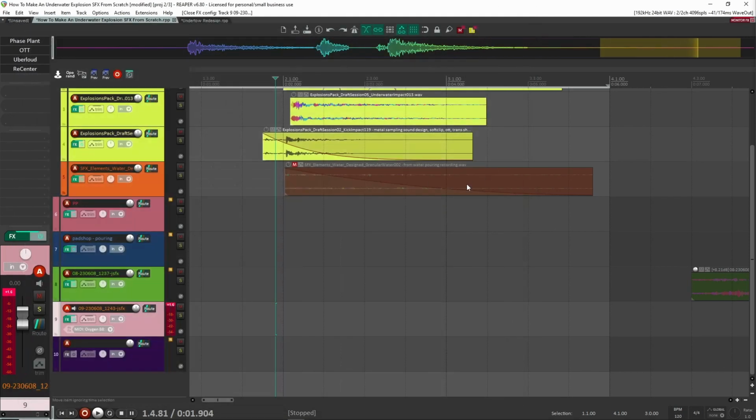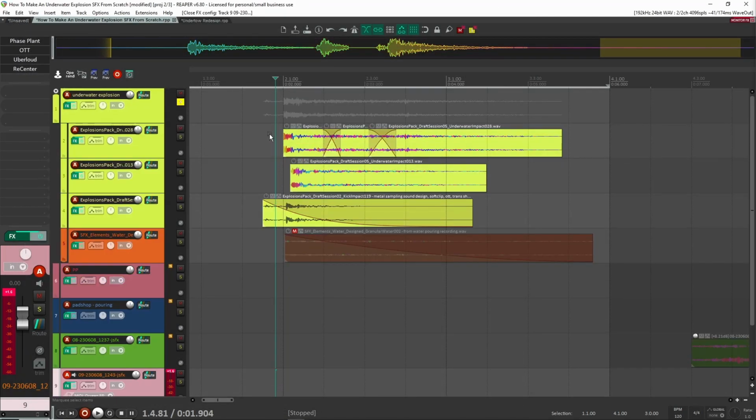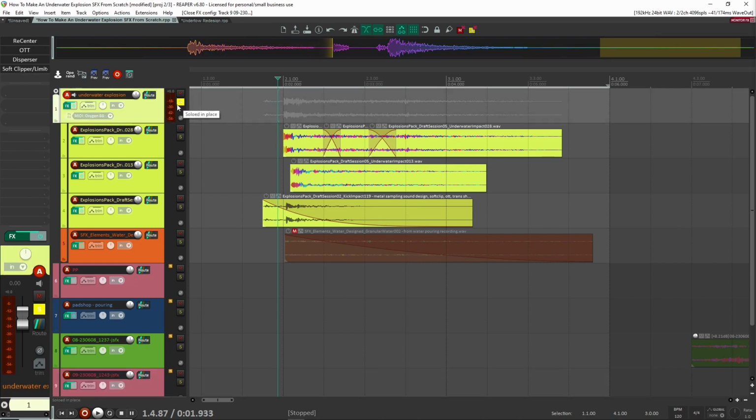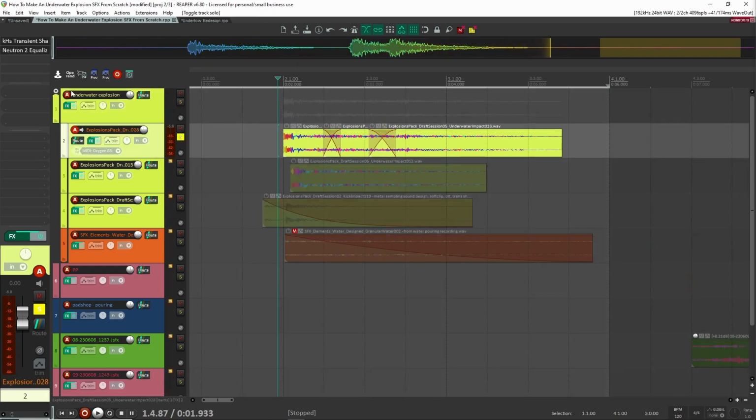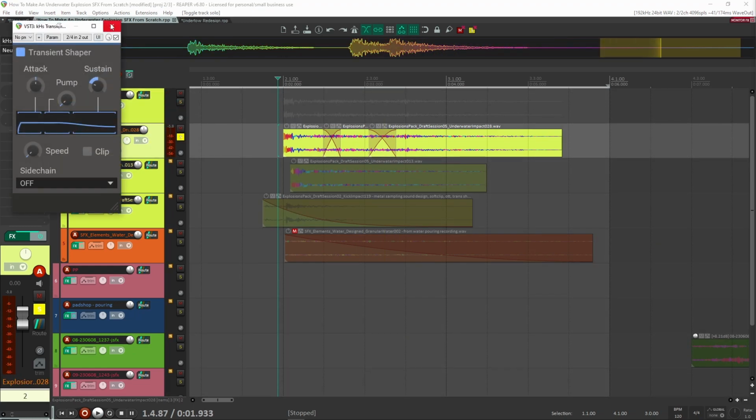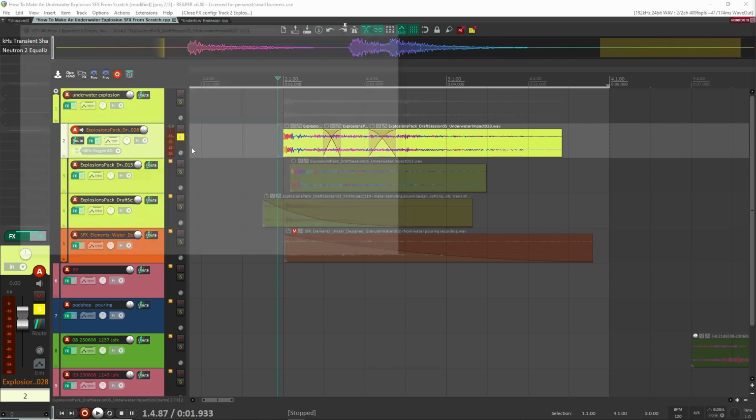But if you make the tail even longer, like 3, 4, 5 seconds, then you can have these super long tails, super long impacts that you can use to kind of elongate the sound here. That's what I did here. Right, so that's what I did with this one, and then of course it's just a matter of adding some more detail here. So here I kind of brought down the sustain a little bit,